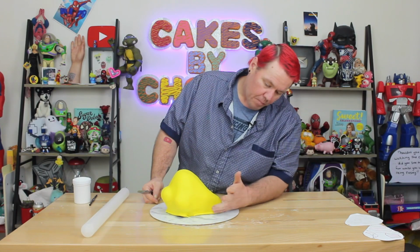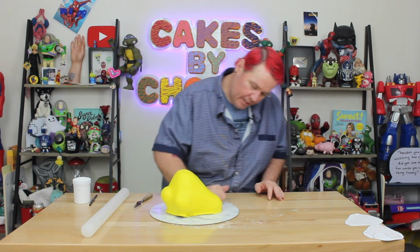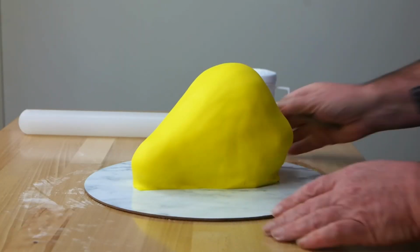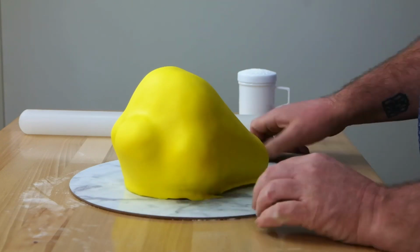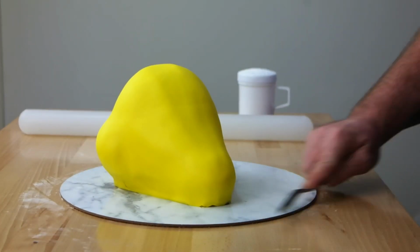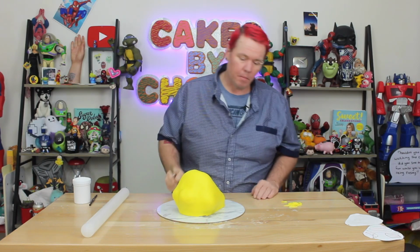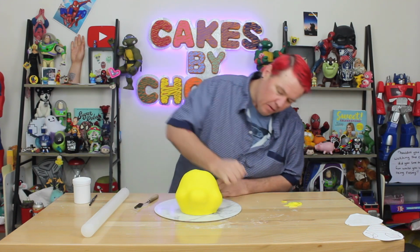Now I'm going to go around the bottom here using my finger, making sure it's all the way down, and anywhere that's a little too thick I can just clamp it off. As you can see here, I went around the bottom and just trimmed off all the excess that was a little too much without going too far in. And you're probably thinking, Chopper, that looks all jagged and rigid. But watch this. We take our finger,